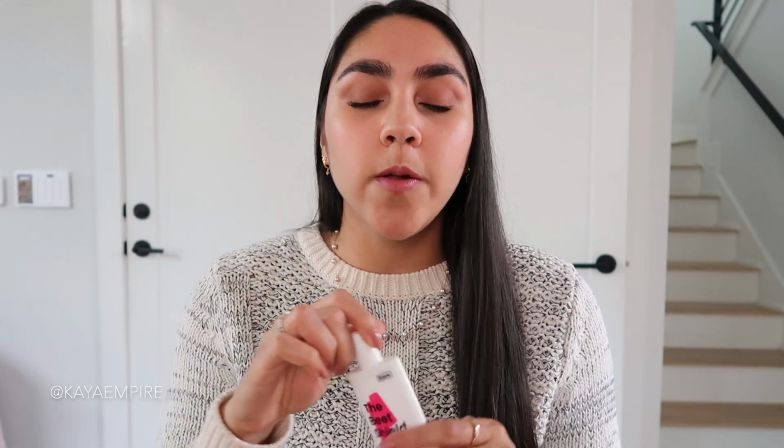I just love how easy it is to apply this. I don't even have to think about it. There's no excess time that I spend rubbing it into my skin or anything. There's no white cast with this, so definitely very brown girl friendly, and I just really love the ingredients in here as well. Not only does it have those more sophisticated UV filters that I tend to prefer,